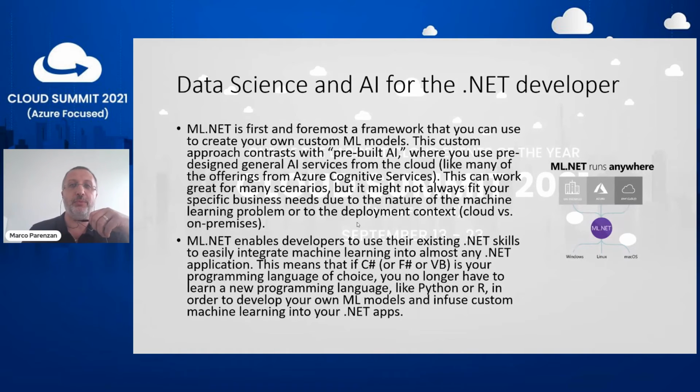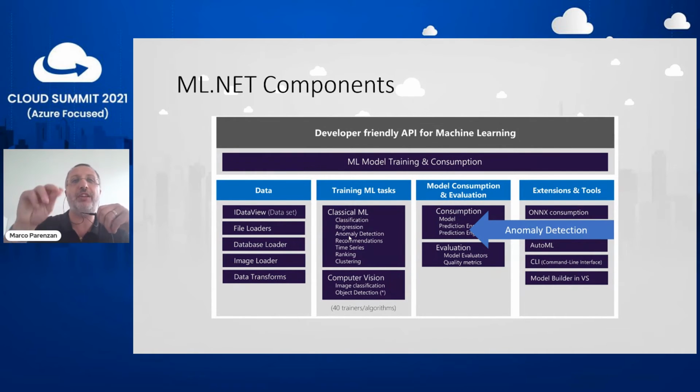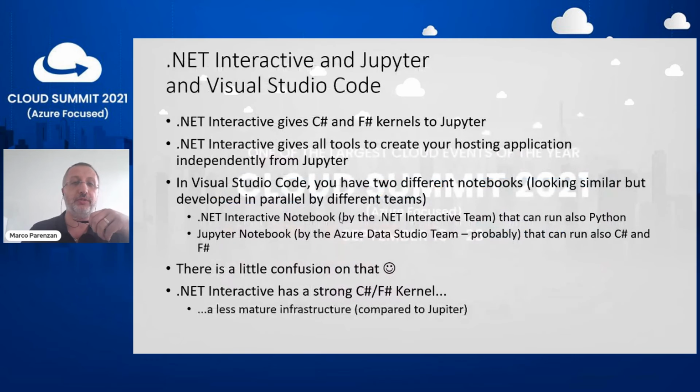In fact, for example, in this are all the tools, all the interfaces, that .NET implements. You see, okay, sorry, the arrow is moved. You see that here we have anomaly detection. So ML.NET is not only a platform to implement ML algorithm, but you have directly an algorithm, SRCNN, already implemented. And then you can already use it in your application. So ML.NET is a good library to implement anomaly detection.